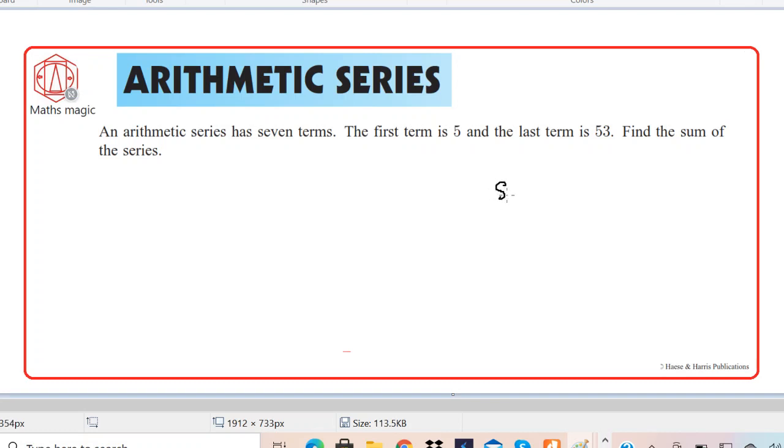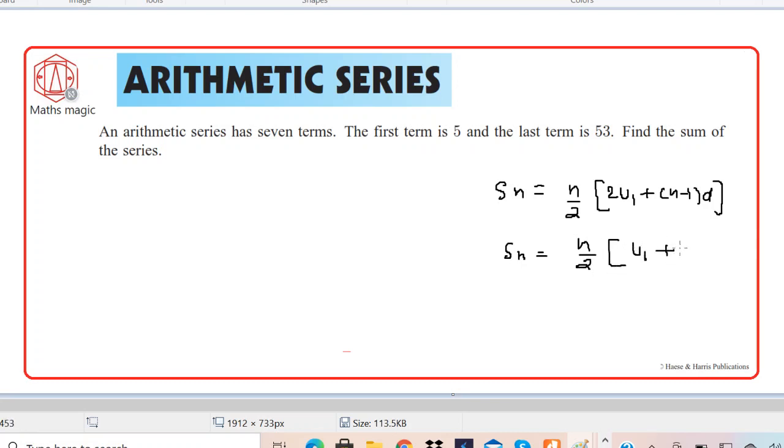The formula was Sn is equal to n by 2 times (2u1 plus (n minus 1) times d). As usual, n over here is the number of terms, u1 is the first term, and d is the common difference. We have one more formula for this, and the formula is n by 2